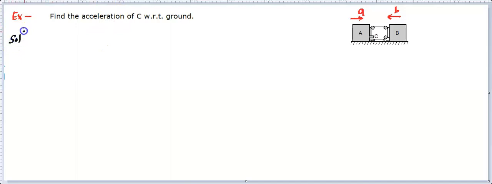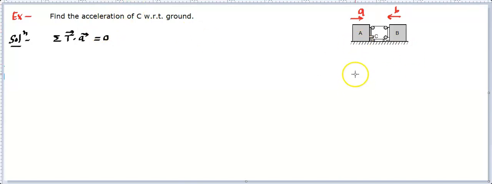So what will be the idea? The idea is going to be the same. You will be using the summation of T dot A. As I have told you, in case of acceleration, you write T dot A for acceleration for all the blocks, sum them up and put it equal to 0. Once you do so, you will get your answer. So let's proceed, and you will also learn some points about writing the total tension and all that.